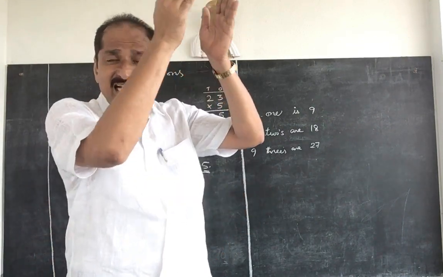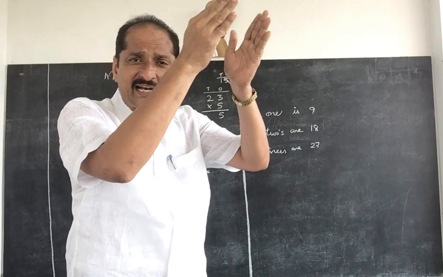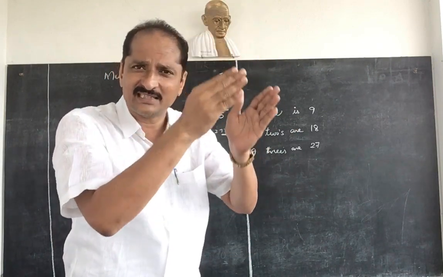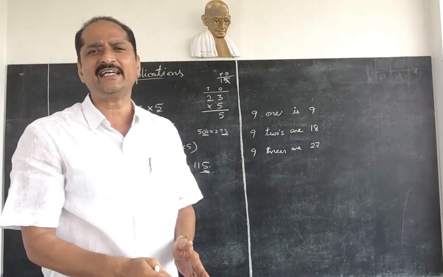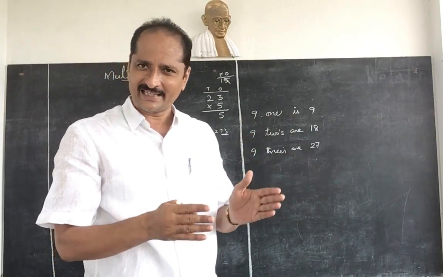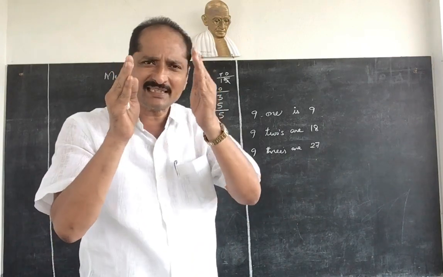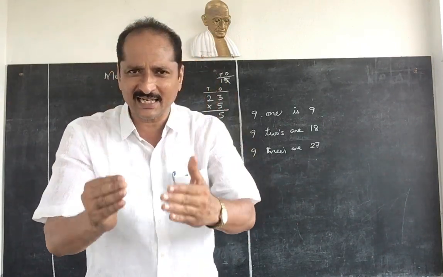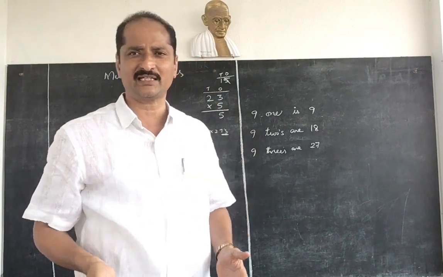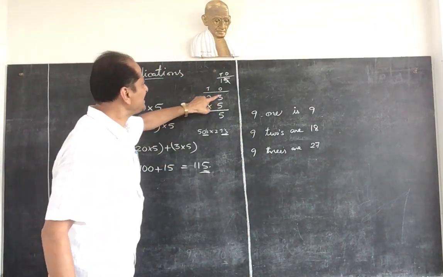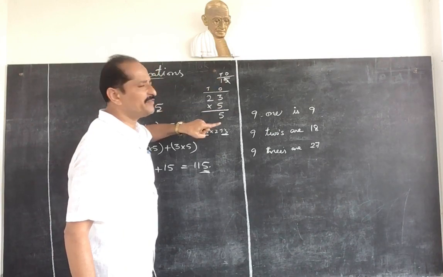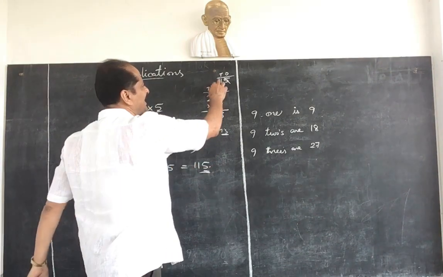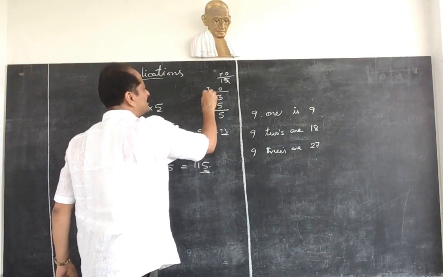In the addition also we saw here, whenever we are adding all the ones, writing all the ones under ones place and carrying digit to the tens place. Like that, here also under ones place you have to write ones, under tens place tens, under hundreds place hundreds. How we are getting that also you can check. Now 5 threes are 15. In 15, 5 ones, 1 ten. So this 1 ten you have to take to tens place.